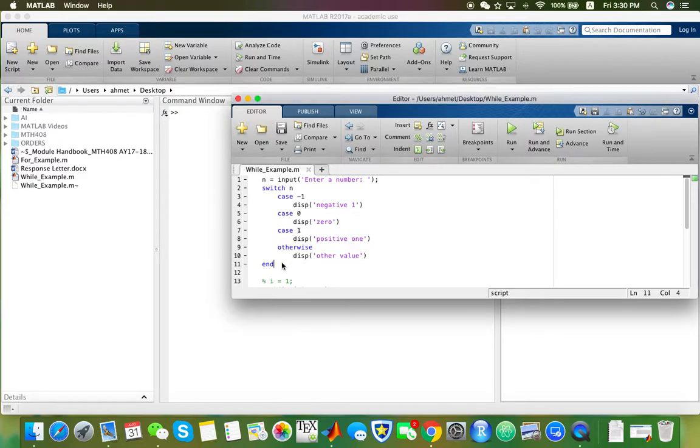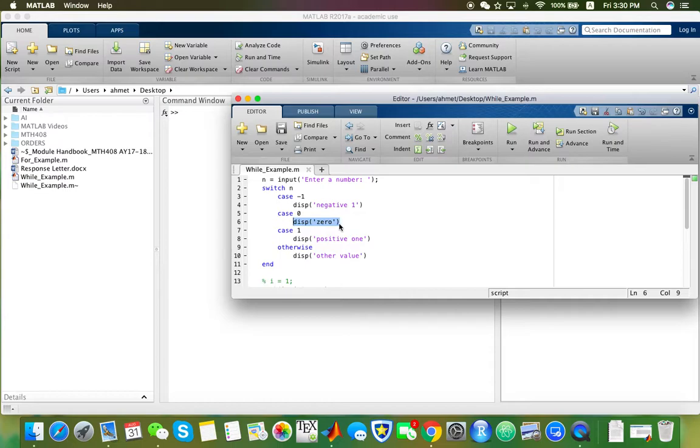So here's an example. In this example, in the first line, I'm asking the user to enter a number, and this number equals n, and the switch statement considers multiple cases. So if n equals -1, it will execute this line 4, and it will display a message -1 on our screen. And if this condition is not correct, then it will check the second case, which is n equals to 0. If n equals to 0, it will get inside of line 6 and it will execute